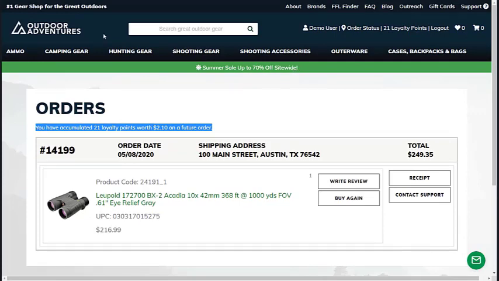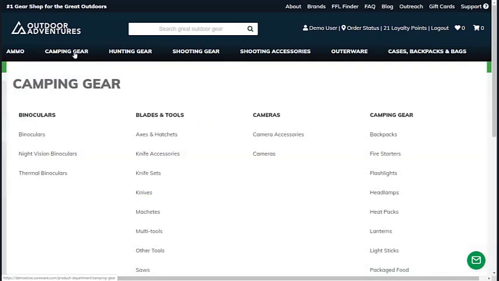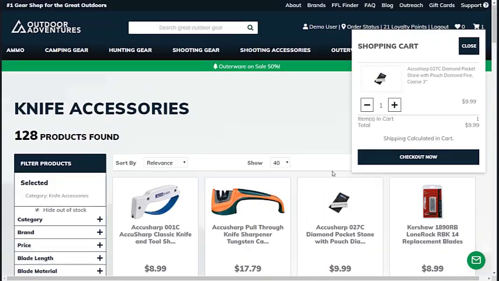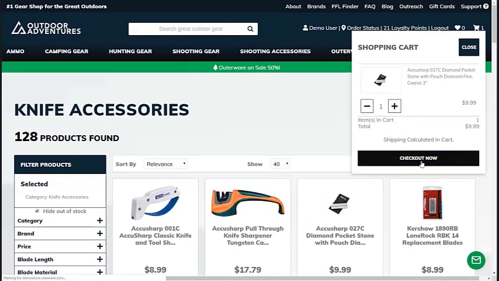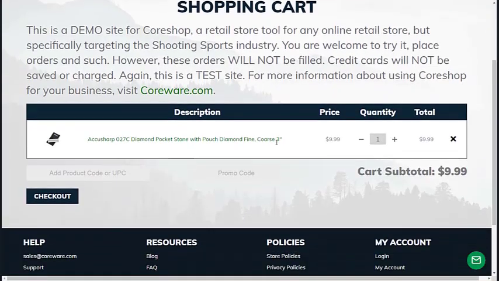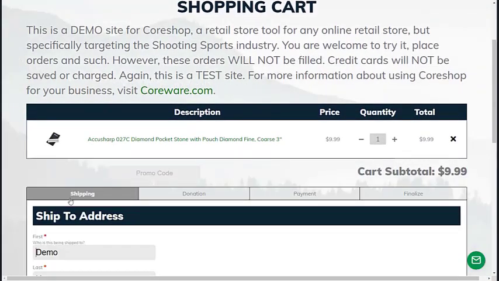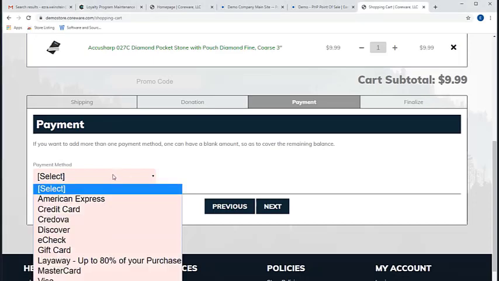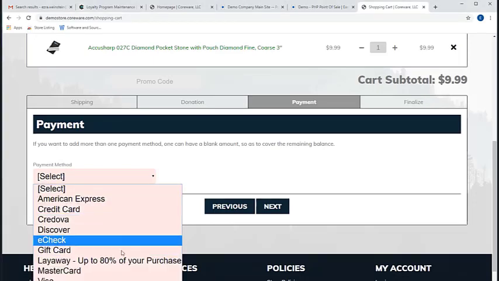It's very easy. Let me just choose something else. So I'll go ahead and let's go to knife accessories. I'll choose a cheap little accessory. Here's a perfect one. I'll add that pocket stone to my cart and I'll go to checkout now. When I go to checkout, again, I'll just choose a delivery. All right, so when I go to the payments, I should be able to select my loyalty points,